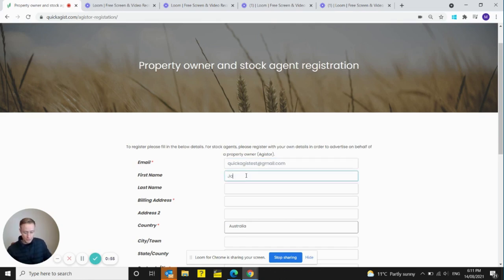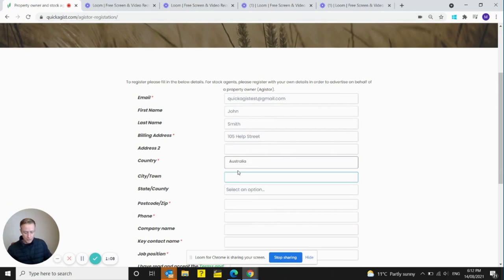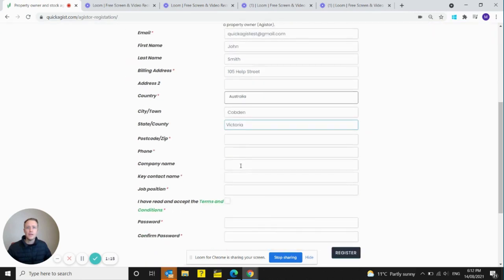First name, we'll just put in John Smith. We'll put in a billing address, 105, maybe Help Street, and Australia is our country. We'll put in maybe Cobden, state, Victoria, zip code, just put in what is applicable, phone number,